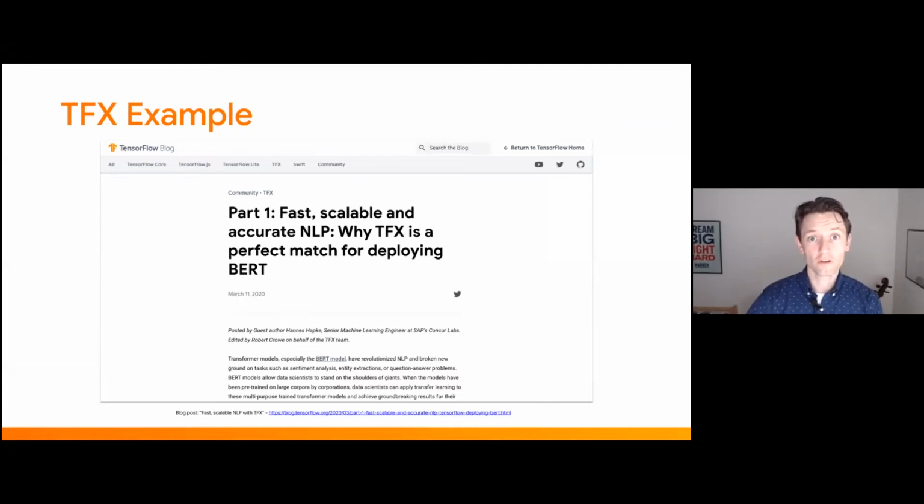So where to start if you have a machine learning project and you run this in production, or you want to bring a machine learning model into production? Then there's a where to start with TFX. The TensorFlow team has provided wonderful example projects for various use cases. We have written about one additional use case we saw at Concur Labs, which was deploying BERT models for various applications in the context of TensorFlow Extended. There's wonderful benefits when it comes to TensorFlow Transform, TensorFlow Text, and tying this all together in those pipelines. We can really simplify the deployments and make them scalable.